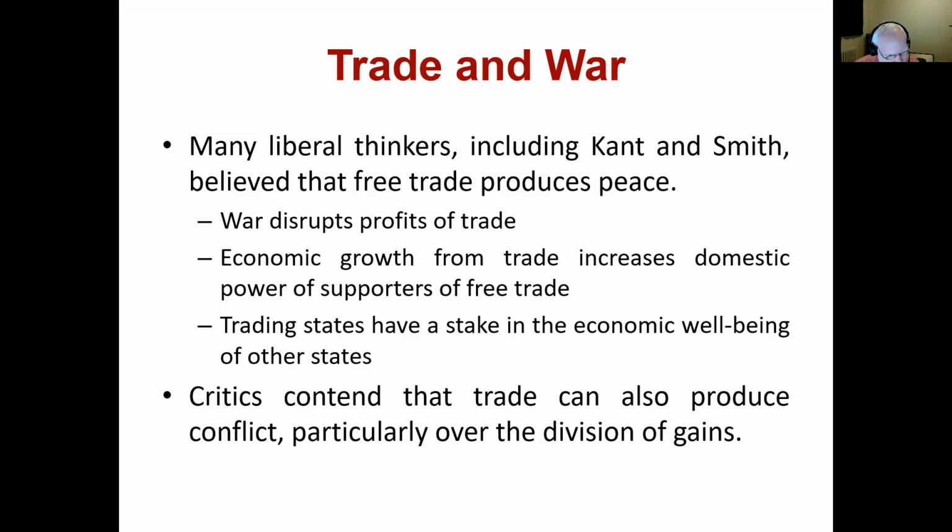And trading states have a stake in the economic well-being of other states, right? There's an element of interdependence, right? So again, Canada and the US are heavily trading states. So let's just think about the viewpoint of the exporters from both countries, right? Canadian industries that are exporting to the US want the US to be as strong as possible, because a stronger US economy means more people that can buy the exported goods. And the same thing for American exporters, right? They want the Canadian economy to be doing as well as possible, because